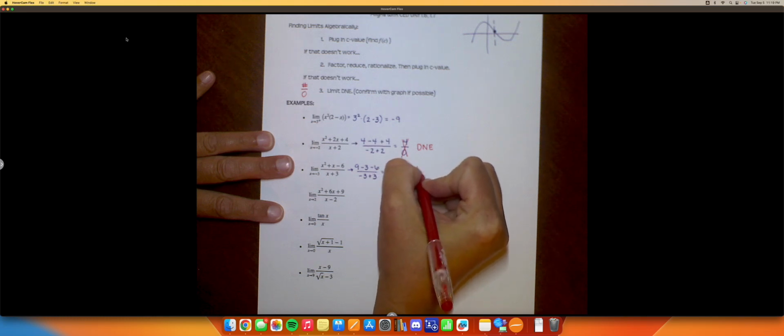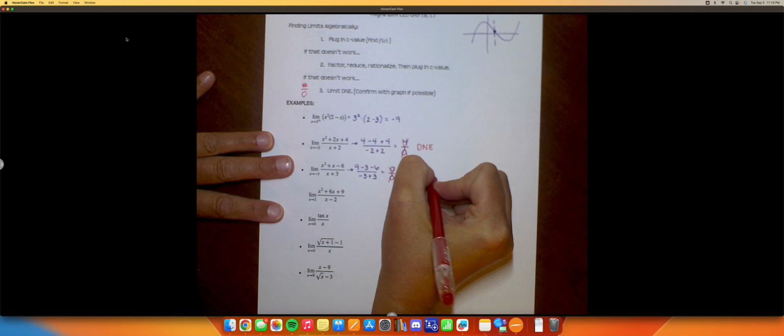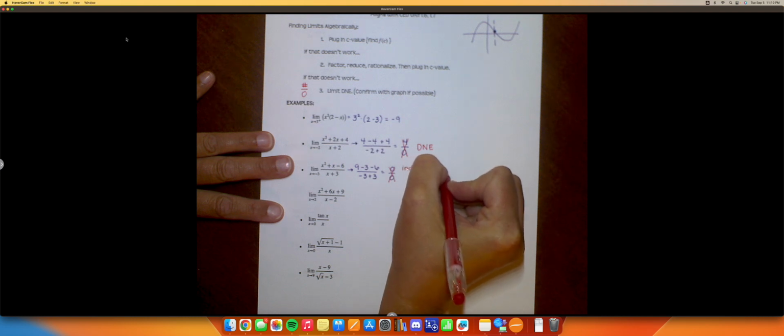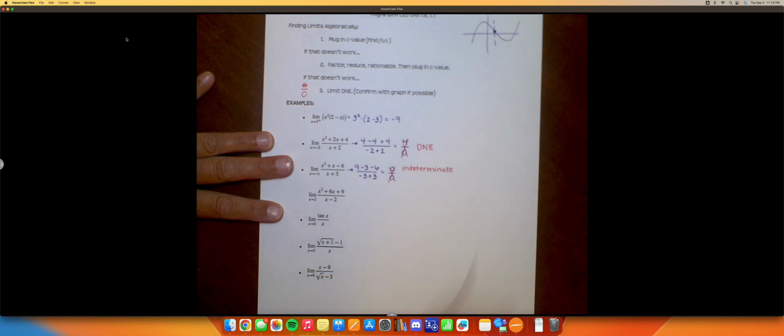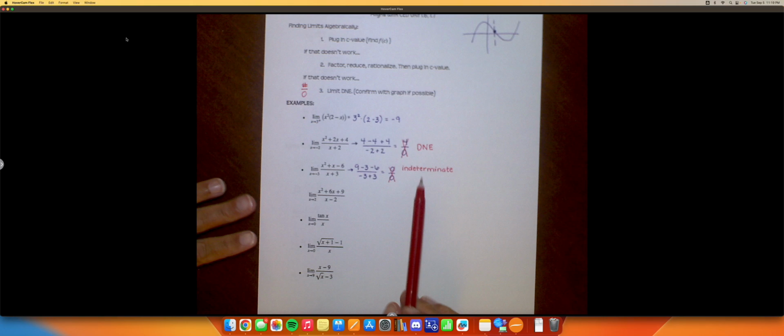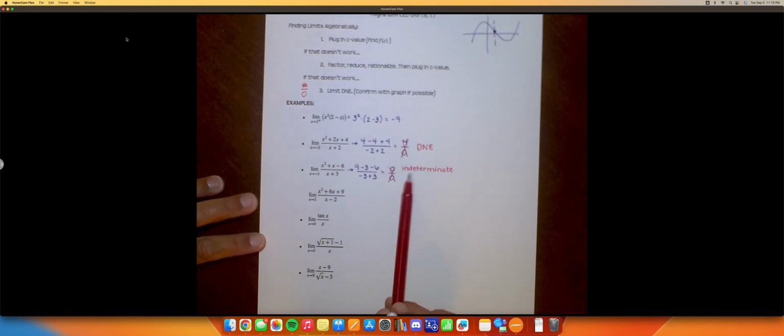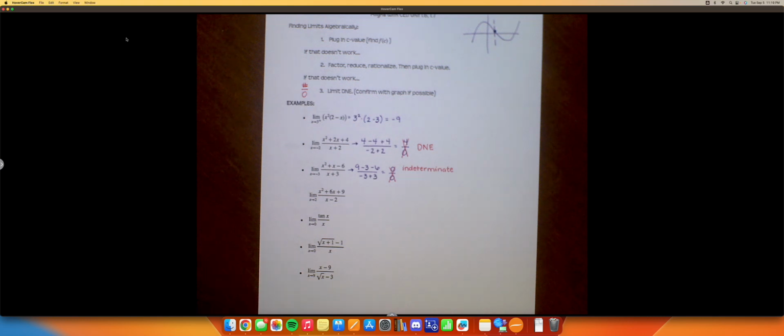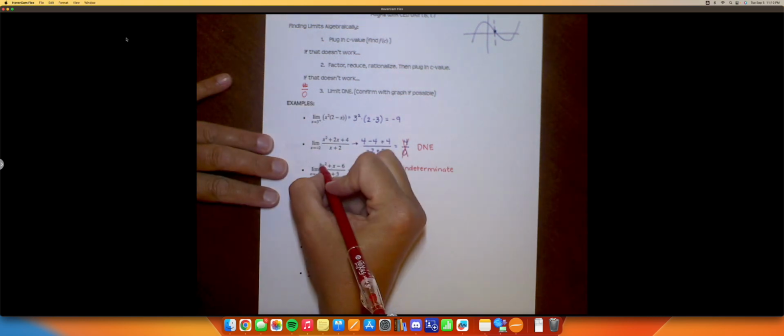And what indeterminate tells us is that we have more work to do. Indeterminate means, just like it sounds, we don't know what the correct answer is. There may still be a limit here. This isn't like this one up here where there was definitely an asymptote involved. There may still be a limit even though this function is undefined at negative 3. We've seen lots of those. Okay? So what we have to do now is we need to take this thing